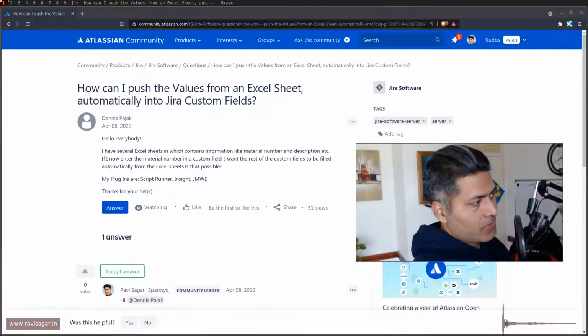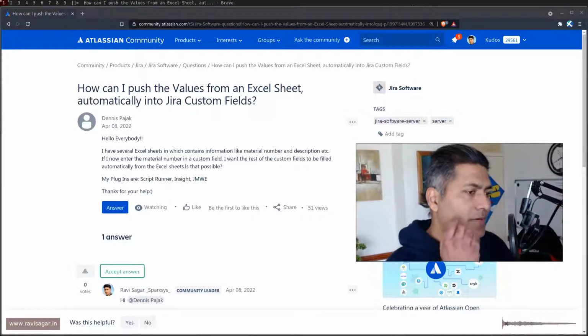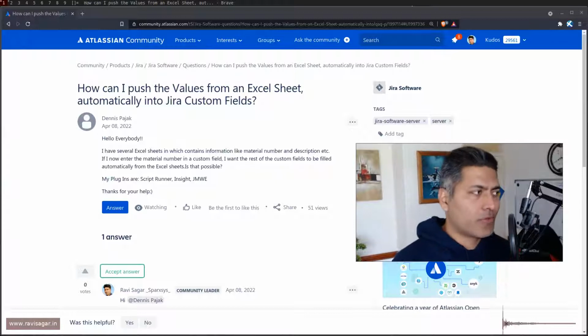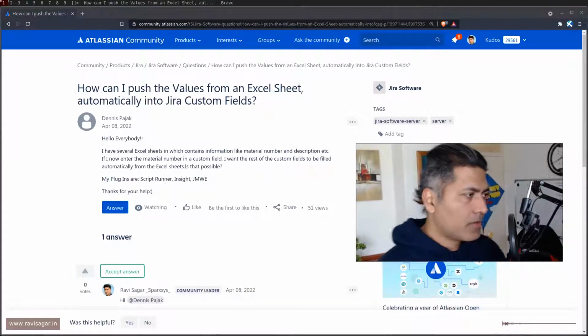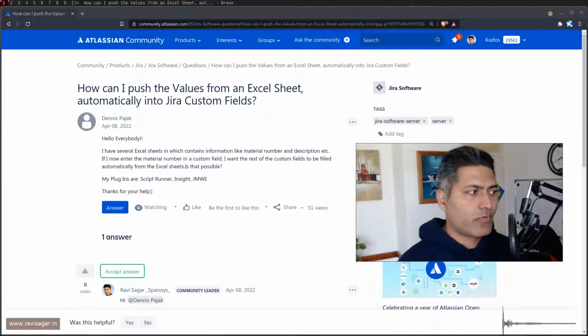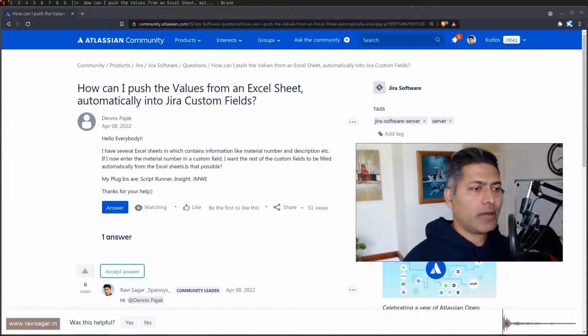Hello everyone. So today let us take a look at this interesting question on the community from Dennis. And the question is that in Jira, let us say there is a field called machine number or material number. And whenever someone is entering this number in a Jira issue, this number is basically stored